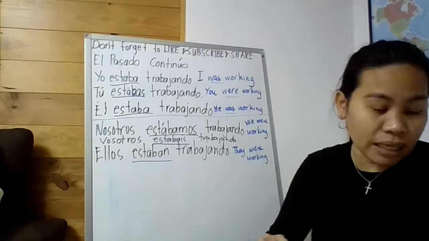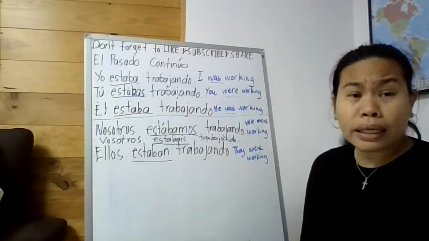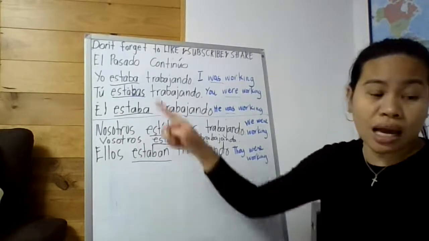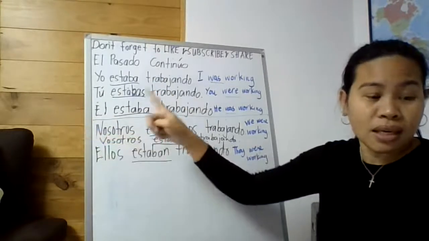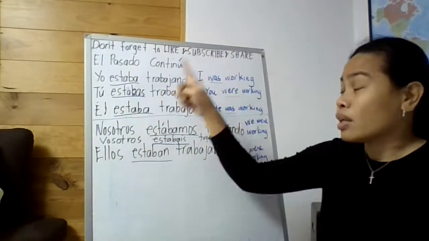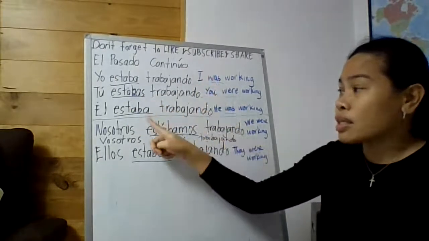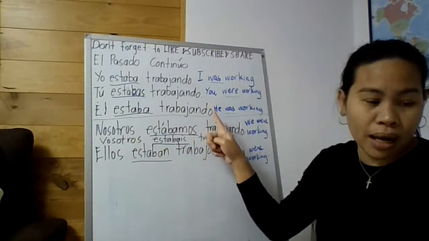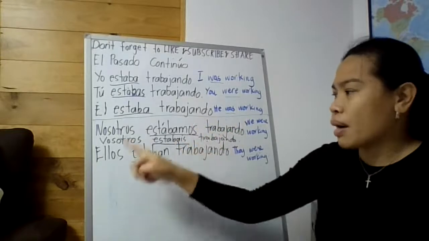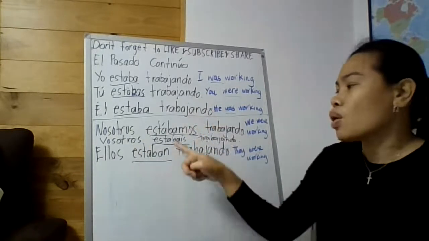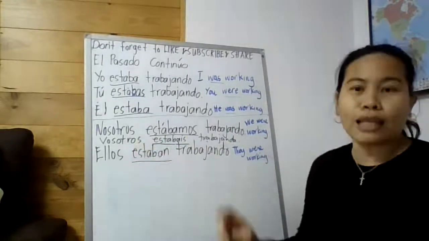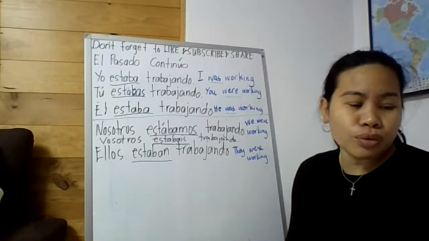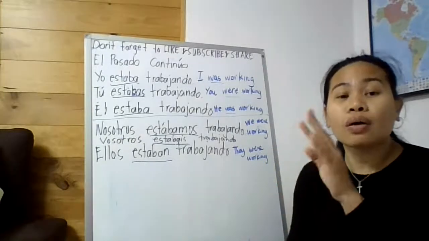Now, if you want to make that interrogativa, in question form, then you will just put the verb at the beginning of the sentence. Estaba yo trabajando. Estabas tú trabajando. Estaba él trabajando. Estábamos nosotros trabajando. O nosotras. O estabais vosotros o vosotras trabajando. Or estaban ellos trabajando. So that is how you are going to use the verb be,